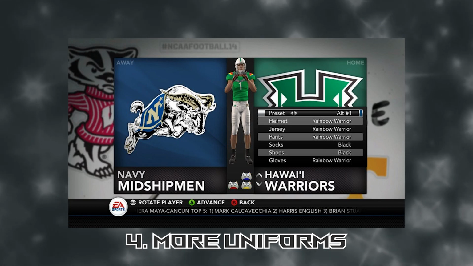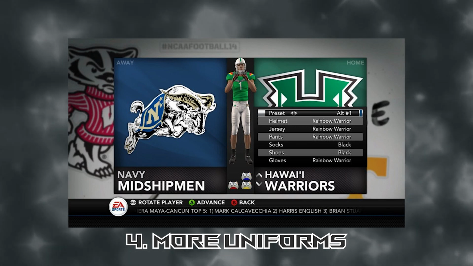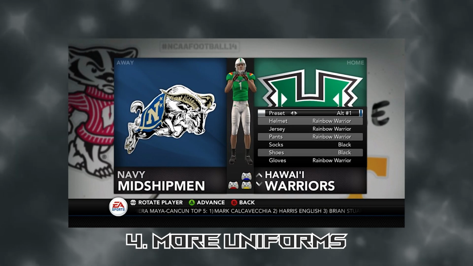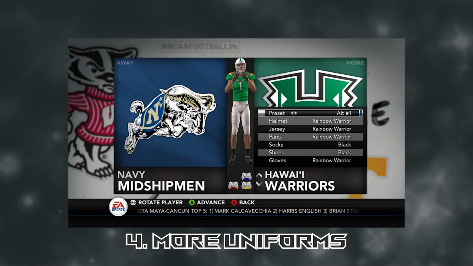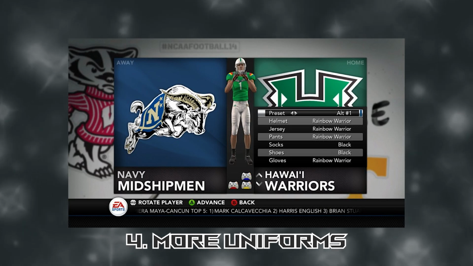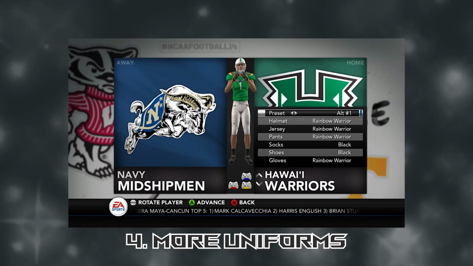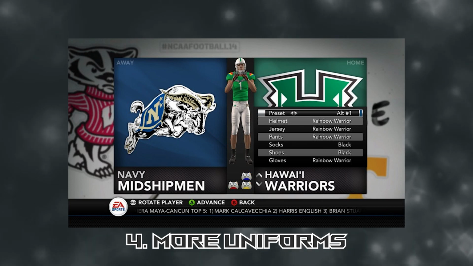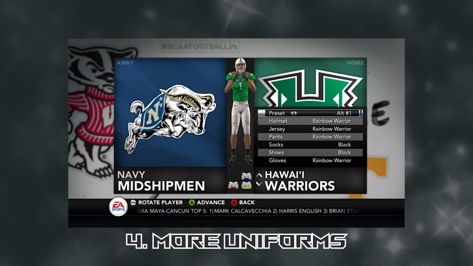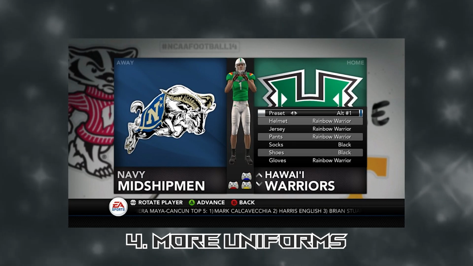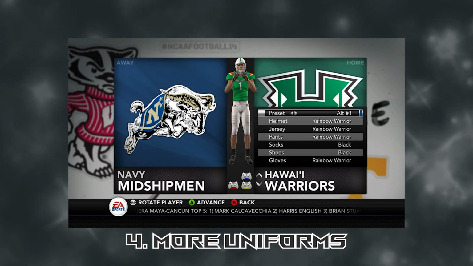I'm not going to get my hopes up for features like this, of course, but I think it would be nice to just have for the players, because I think people would respond to that very well, and it would justify the price tag of the game. Not like it needs any more justification. We've been without this game for over a decade, so people have been waiting for it, and they'd pay the money for it. But I do think that having more uniforms in the game, and maybe even, here's an idea,